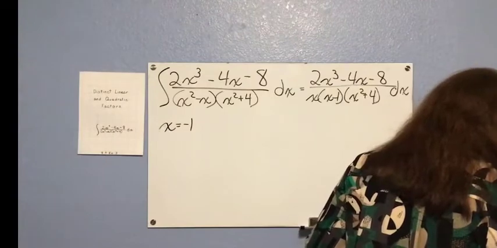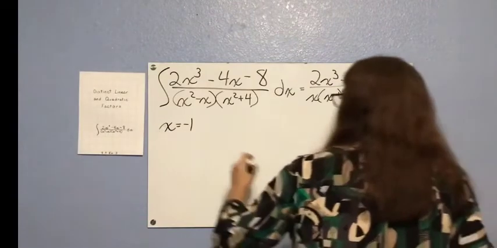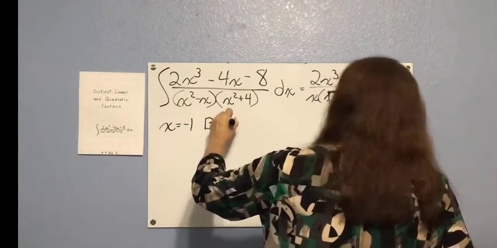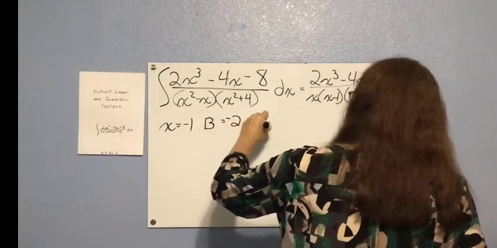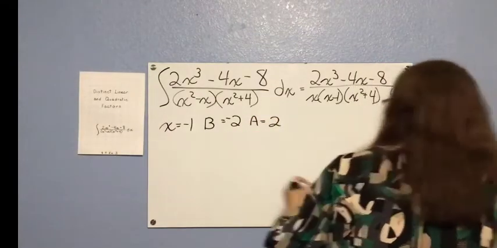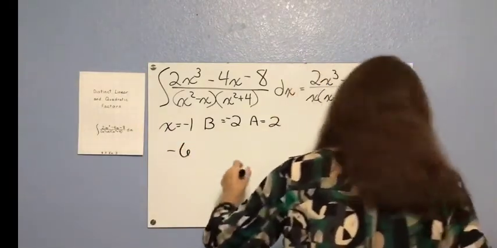And if I choose that, I can combine that with b equals -2 and a equals +2. And I'm going to get -6 for my original